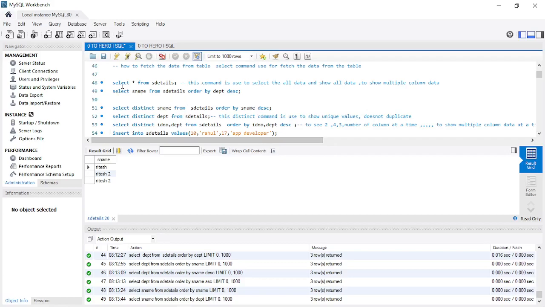Okay, so we are going to use select all from student details. This command is used to select all the data, so multiple column data. Okay, and here we are going to use select command, select surname from student order by department,